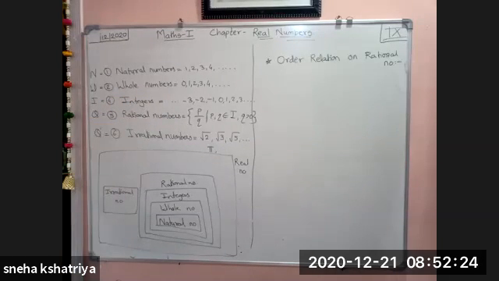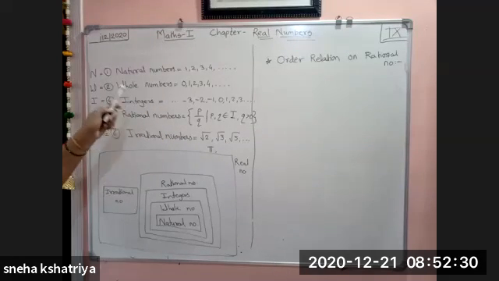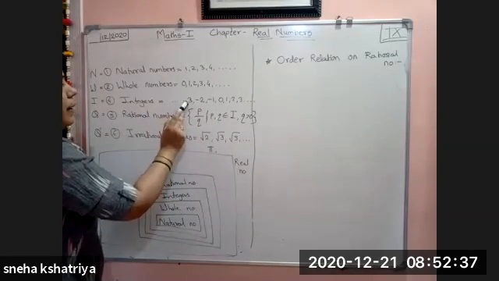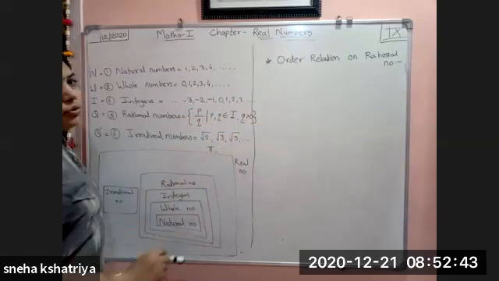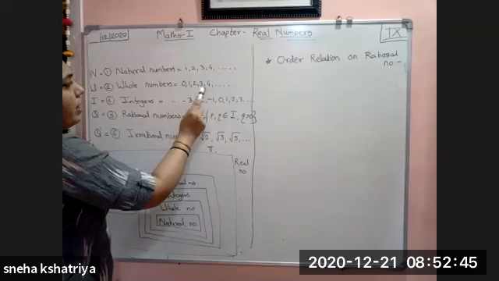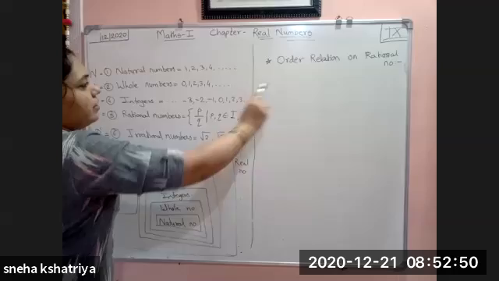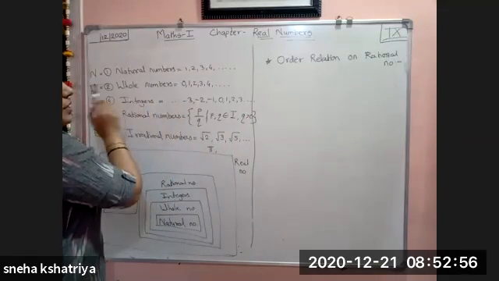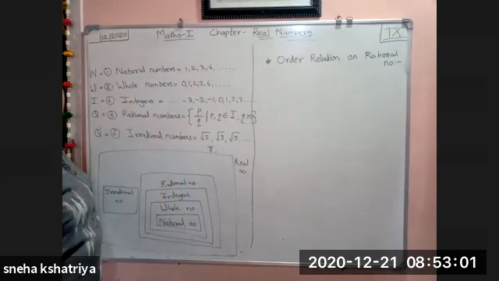Third one is your integers. Integers start with dot dot dot, it starts with a minus sign, from negative values to positive values. Means here dot dot dot, minus 3, minus 2, minus 1, 0, 1, 2, 3, and so on. Whatever we have written 0, 1, 2, 3, 4 in whole numbers, those are all on the positive side. If we want negative, it goes to the left of the zero. Right of the zero, it is positive numbers, and left of the zero, it is all negative numbers.